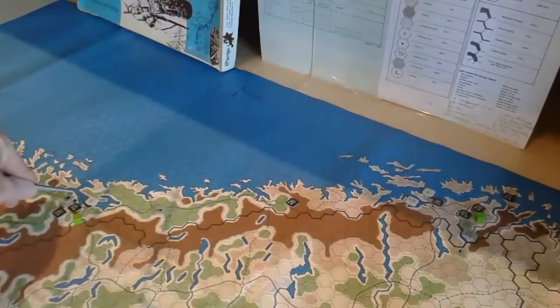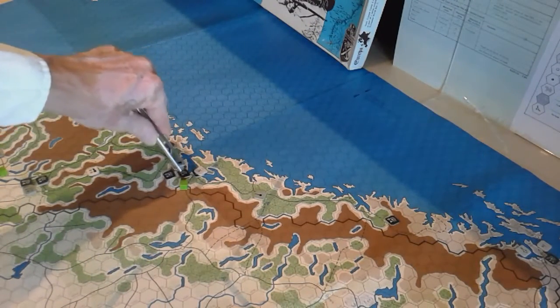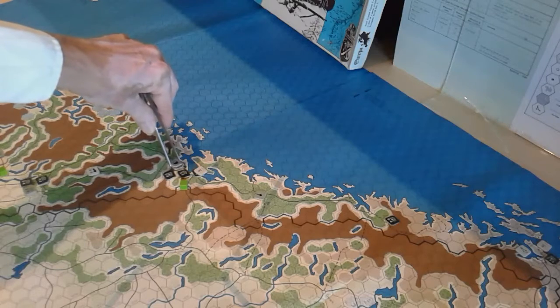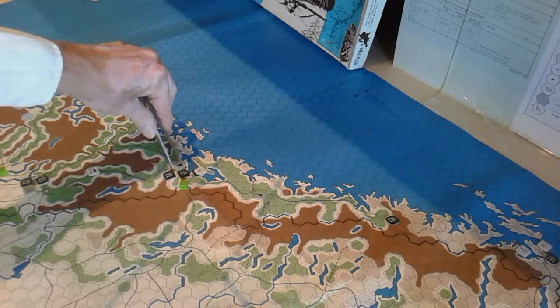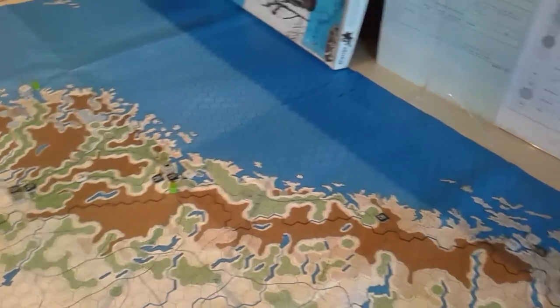Then 3 mountain battalions were sent in to Trondheim here. The enemy retreated before combat. There's a first turn rule which says that 2/3 of the time the Norwegians must retreat before combat. Normally you roll the die, and on a 1 or a 2 they have the option to do so. And we lost one of the units in transit there to Allied